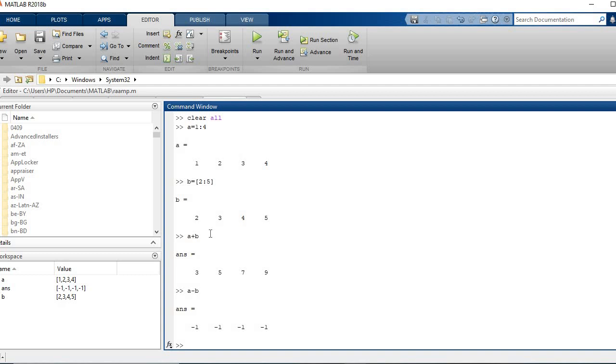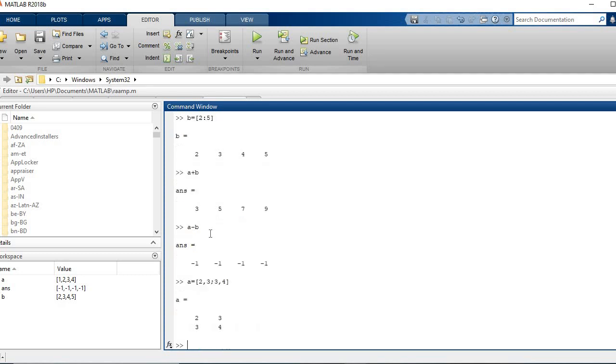For example, if we are having a matrix A of order 2 cross 3, then the second matrix must have the number of rows equal to 3. Then only the matrix multiplication is possible. For example, I define a matrix A as 2 comma 3 semicolon 3 comma 4.